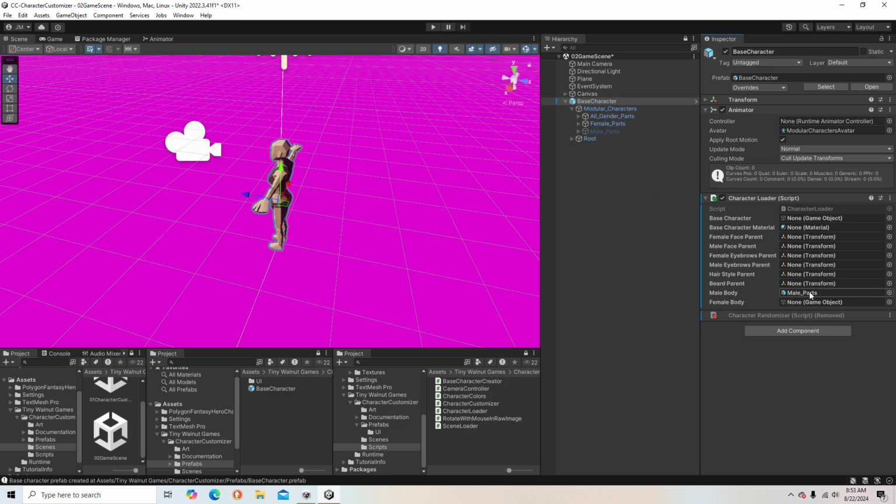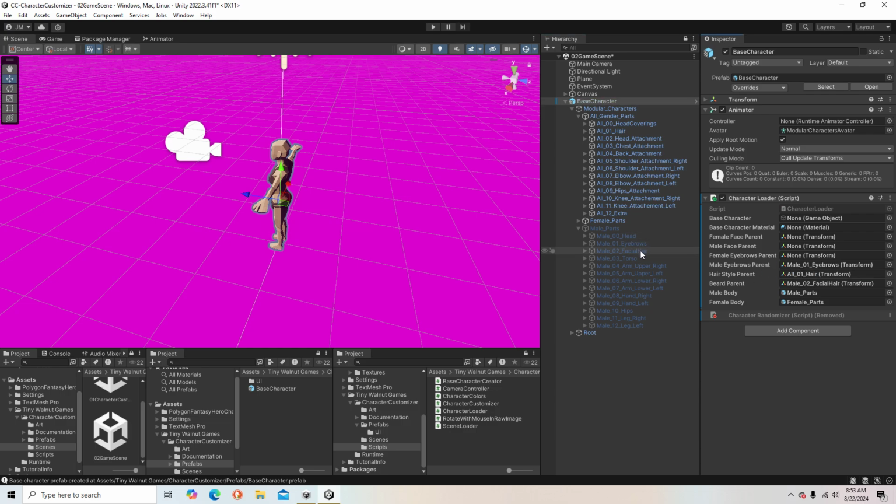Male parts goes to male body, female parts goes to female body. We need the beard appearance, the hairstyle appearance, male eyebrows, and face,